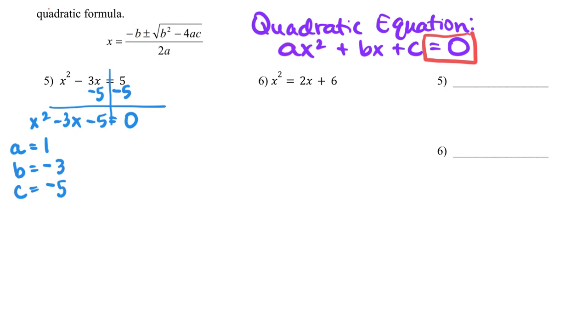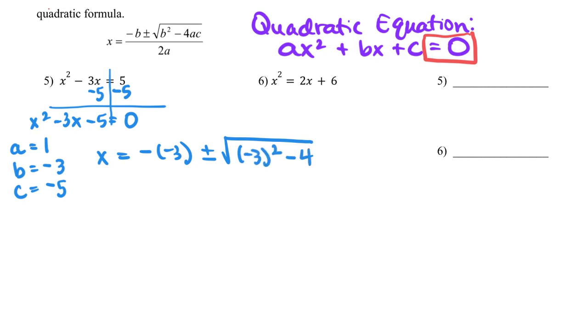So in the first example, I talked about this as being the opposite of B, which is true, but it also works if you say it's the negative of the B value. And so let me show you what that would look like. So I have x equals, and then I have negative b, and my b value is -3. So that would be a negative of -3 plus or minus the square root of, and here I have b squared, and I have to take that -3 and square it. So I'm going to always put that in parentheses,